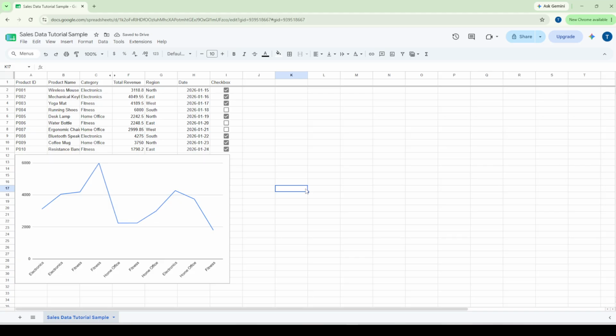Just select additional columns when you first highlight your data, and Google Sheets will plot them as separate lines in different colors. If you ever need to revisit these steps, feel free to save this video or